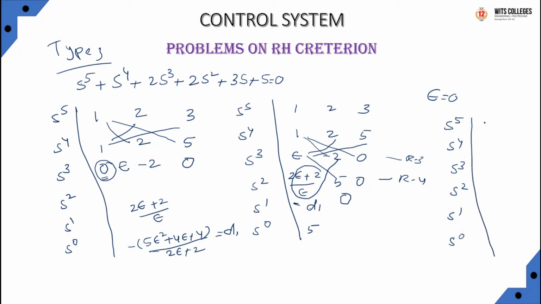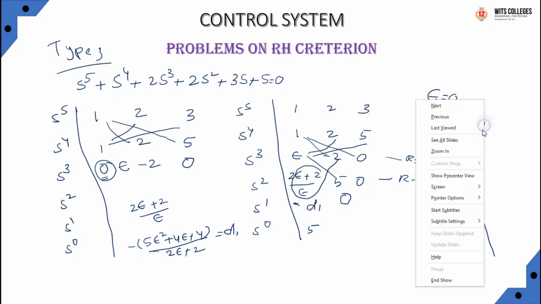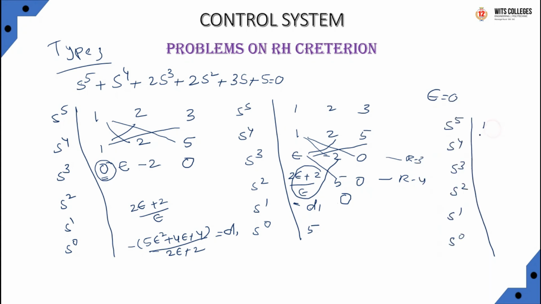Here I am writing only the first column elements. Here the 1, here the 1, next s power 4 is also 1, epsilon, plus here substitute 0, this is the 0. Again this value, substitute here the 0, 0, by substituting these values, here we will get some value, that is 2 epsilon, 2 epsilon by 0, which is nothing but infinity.